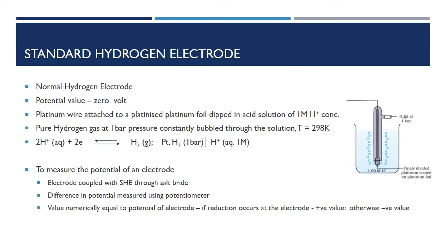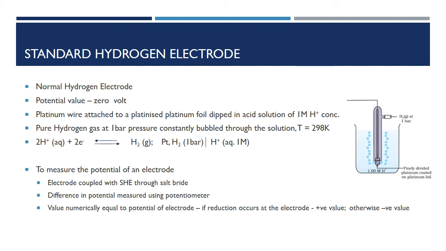Standard hydrogen electrode, also called normal hydrogen electrode, is assigned a potential value of 0 volt. It consists of a platinum wire attached to a platinized platinum foil dipped in an acid solution of 1 molar concentration. The system is maintained at 298 Kelvin and pure hydrogen gas at 1 bar pressure is constantly bubbled